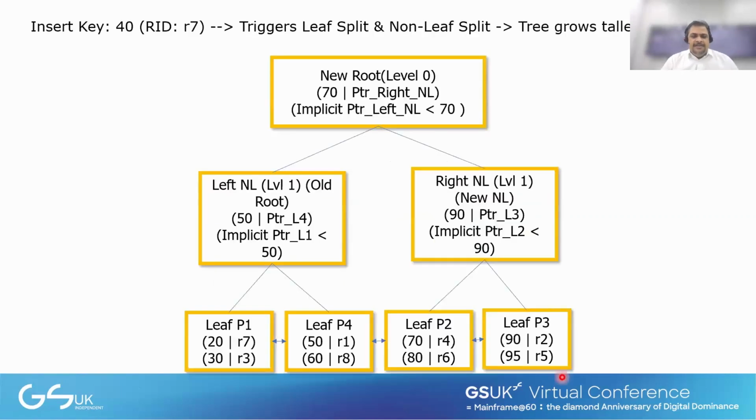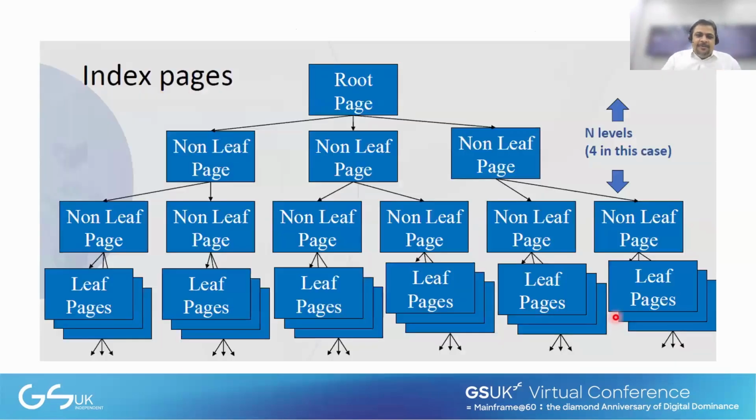Now, I have shown this just for example purposes. Now you further add values here. So what happens? The splits keep on happening at the non-leaf pages, and new root pages get created every time. So this is the final stuff. I wanted to show you how page splits actually happen in a generic way, not very specific to DB2. The pages keep on adding, you get non-leaf pages, and levels get added in between the root page and leaf page layers. So more page splits, more non-leaf page splits,